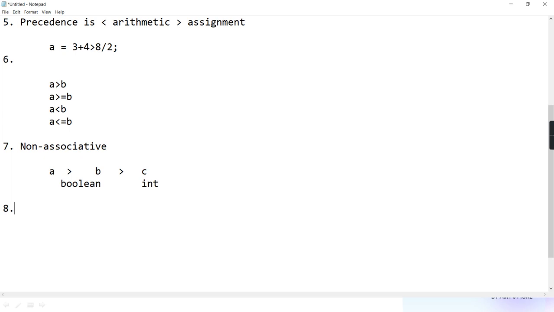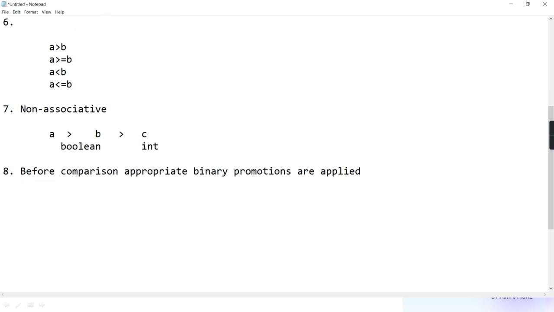Okay, and the last point, just remember: before comparison, appropriate binary promotions are applied. Getting? Appropriate binary promotions are applied.